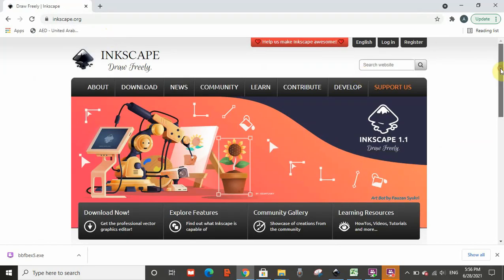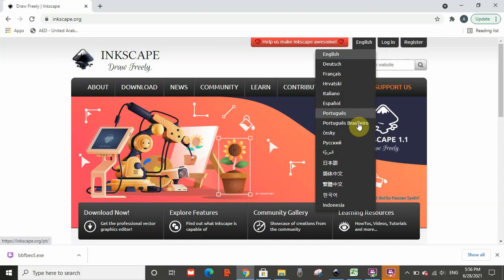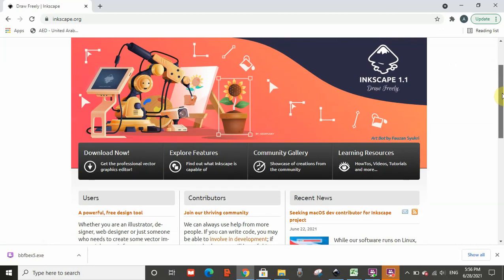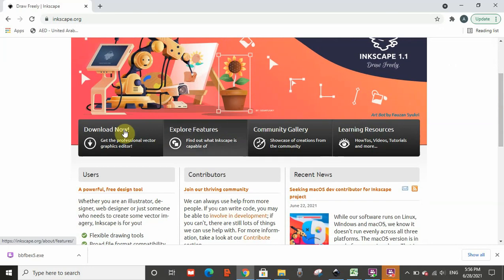This is the first page. You don't need to log in or register because you can download the software and start using it directly. You don't need to do any registration. And here there is 16 languages which you can, if you prefer other than English, you can check if your language is there. Now you go directly to download,